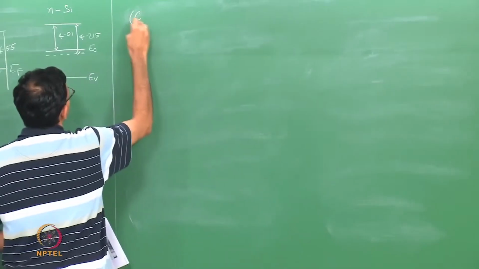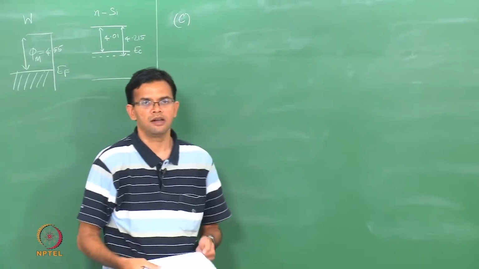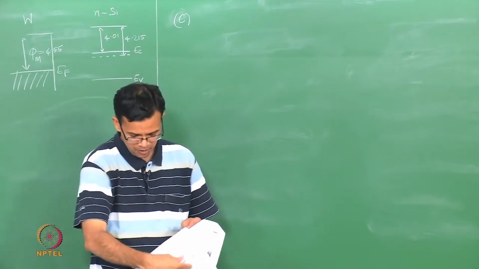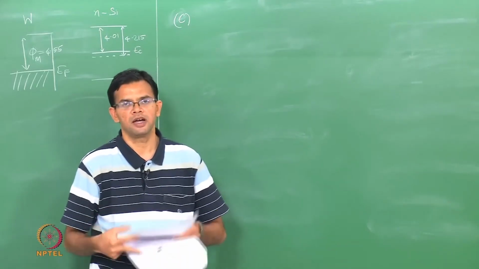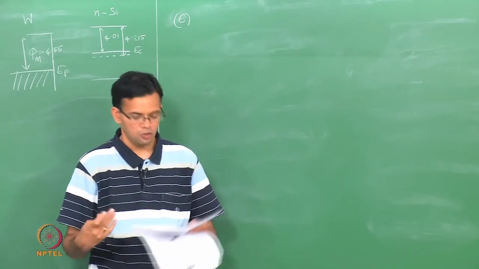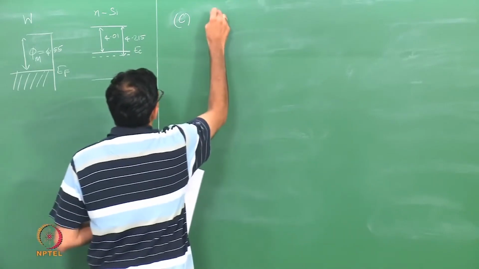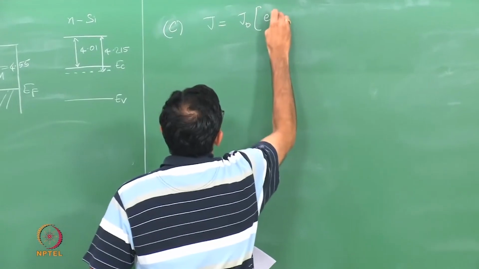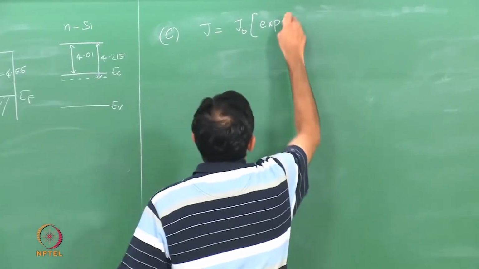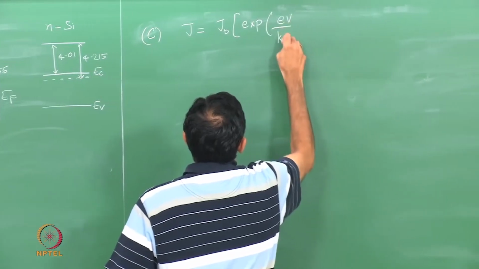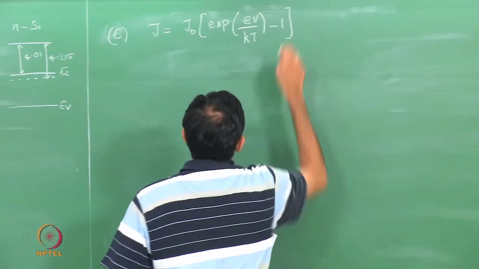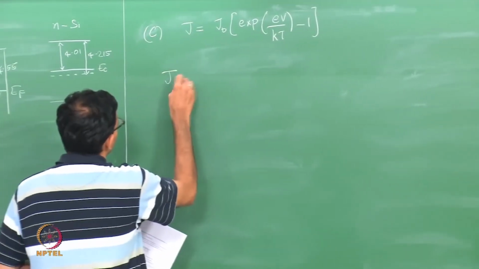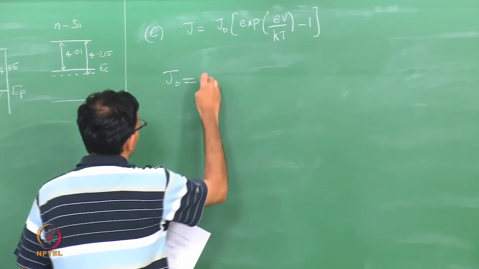So, part C, we want to calculate the current in the junction. So, in the case of a Schottky diode, it is possible to write an expression for the current. This is something we did not see during the course of the lecture. So, we can write the current J as some constant J naught exponential eV over kT minus 1. So, V here is your external potential, J naught is your reverse saturation current,